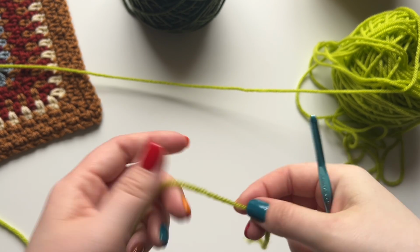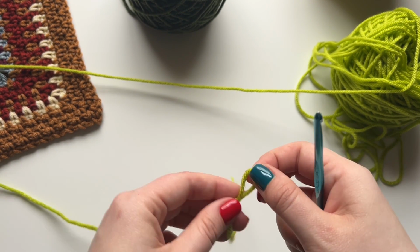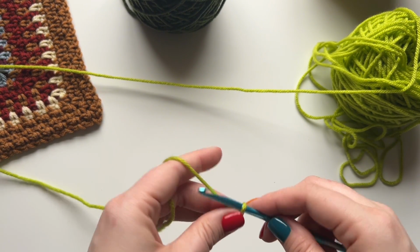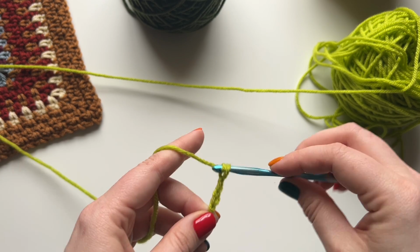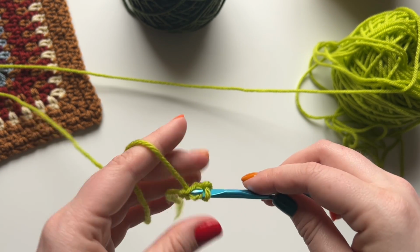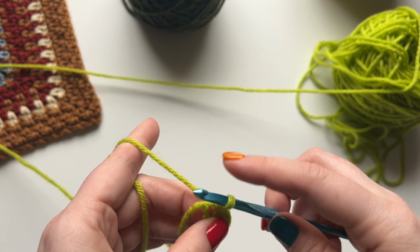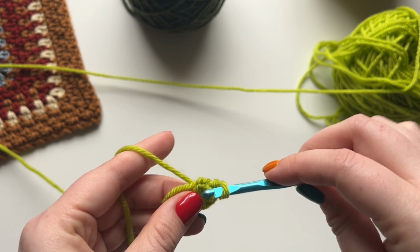Okay, to begin, you can either do a magic circle or a chain 4 slip stitch, and that's what I'm going to do. So I'm going to add a slip knot to my hook and chain 4. Slip stitch into that first chain. And now you're going to single crochet right into the circle,